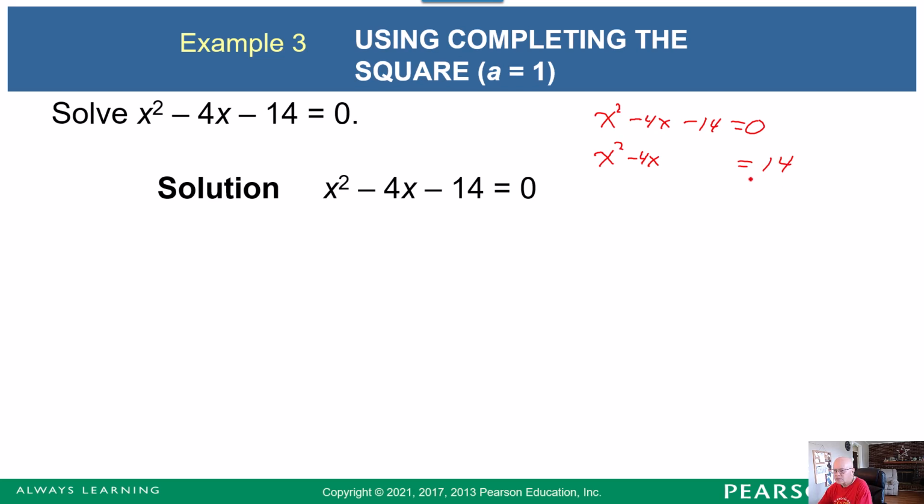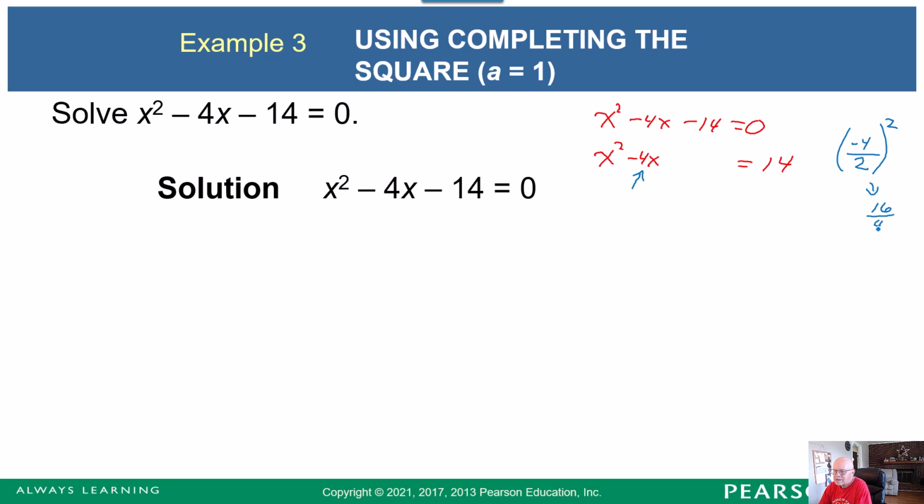Now I'm going to have to perform some magic here. I'm going to change the color of the ink to blue so you can see what I'm adding. So what I'm going to do is take the number in front of the x, the coefficient of x, over here, negative 4. First of all, I'm going to divide it by 2, and then I'm going to square the answer. So what do I get? Just working on this, this will be